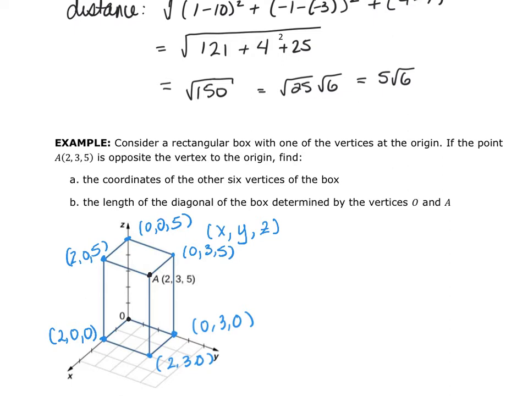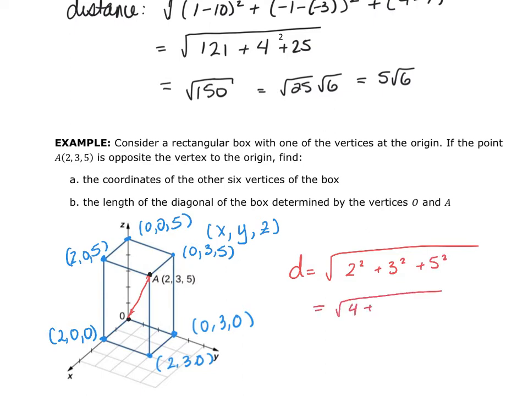To find the length of the diagonal of the box from O to A, that's what they're asking me for, is this. From O to A, this distance is going to be equal to, because my origin is all zeros, I don't have to worry about doing the 0 minus 2 squared, the 0 minus 3 squared, the 0 minus 5 squared. It's simply going to be 2 squared plus 3 squared plus 5 squared,